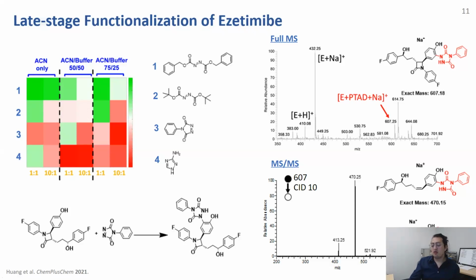On the right, you see the full mass spectrum of the reaction, in which you see that the main peaks are still the non-functionalized Ezetimibe, but you can identify the sodium adduct of the azo-like conjugated molecule that you can also characterize through tandem mass spectrometry. And that is another of the great capabilities of the platform, that if, for example, you have something that you don't know what it is, or you want to confirm the structure, you can just go back after the whole screening, go back to that same spot,